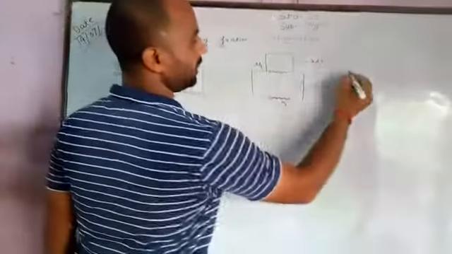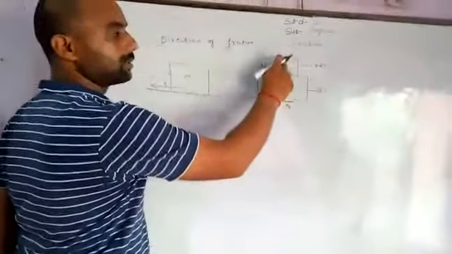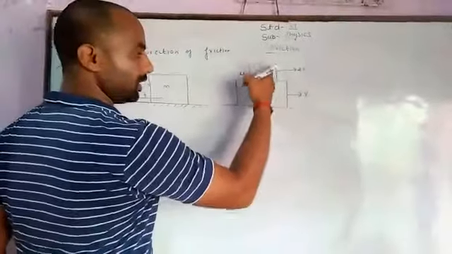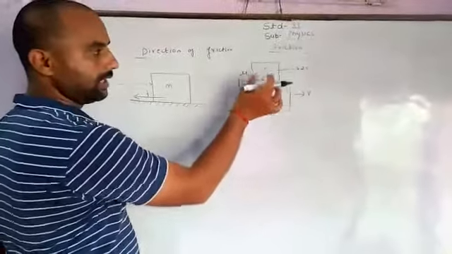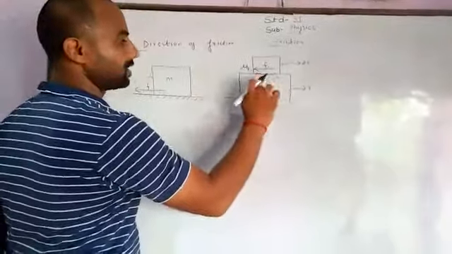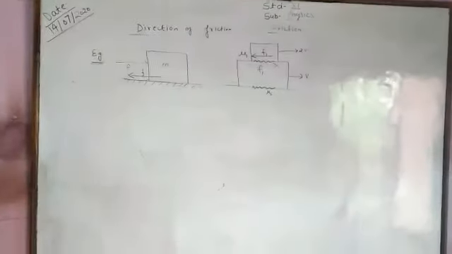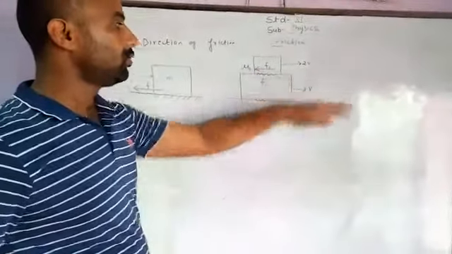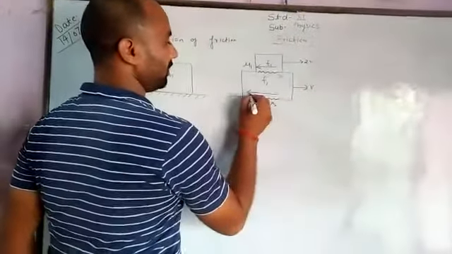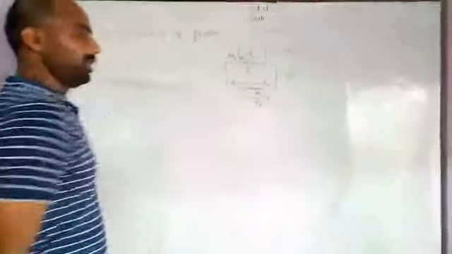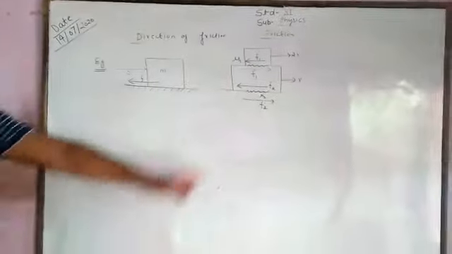So first we have to see that here the direction of friction, this block moving towards this, and the direction of friction towards this is f1. The direction of friction for this block is this, because we have to know that the direction of friction is an action reaction pair for Newton's law, and the direction of f1 is like that. Now here we can consider if this block is moving towards this, and the direction of the friction of the block, this is f2 for the action reaction pair, for the direction on the ground surface, and the direction of f2 is like that. So we have to remember these cases.